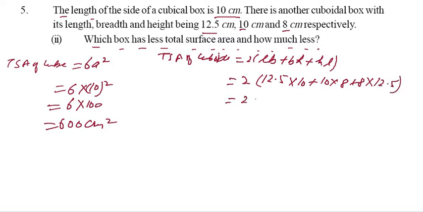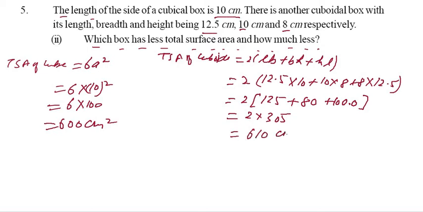How much? It is 2. So it is the 125 plus it is 80 and plus you can multiply this 8 5 ja 40. So 0 and here is the 8 2 ja 16 and 4 that is the 20 and 8 1 ja 8 and 2 10. So that is the 100 centimeter square. So let us add this. It will be 305 into 2 and it is the 610 centimeter square.